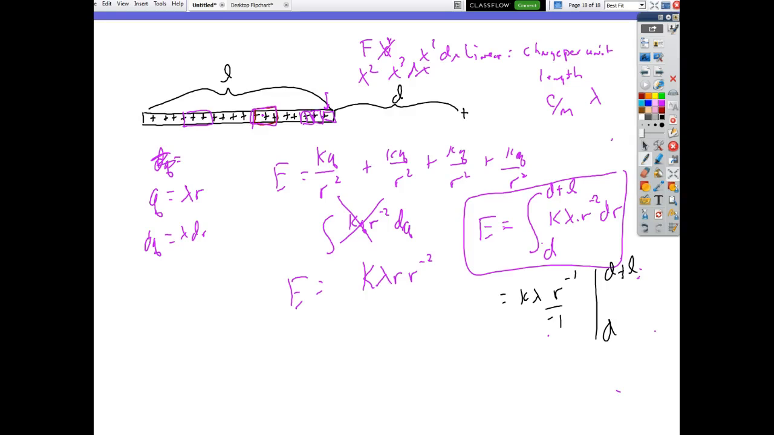Okay? So then I set this thing up, and I get negative k lambda over r, d plus L, right? And then I'm going to plug in my d plus L, minus plug in my L. Right? What do we do with the bounds? Now I've integrated, and I plug them in, right? So I'm going to get,